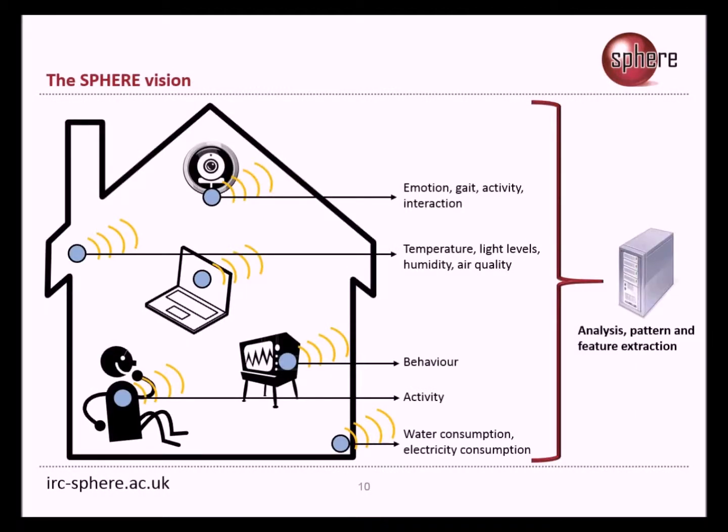So yeah, to sum it up, this is the SPHERE vision, that the house will have all these sensors, cameras and temperature, air quality, certain things like how much TV you're watching and your eating behaviours. It's all very interesting to us as researchers, energy consumption and making sense of it all. But the reality is